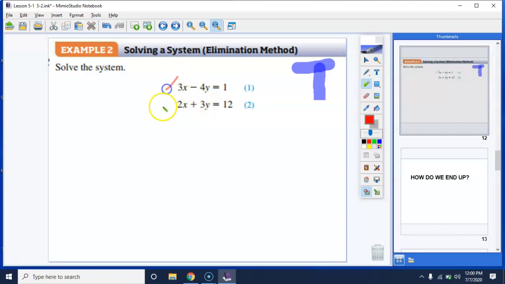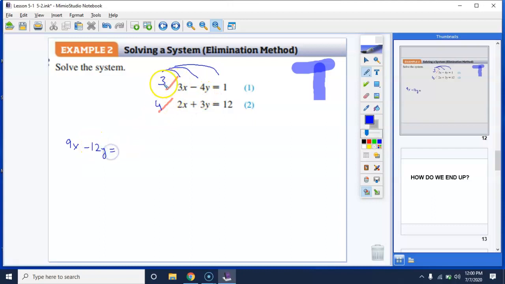Let's multiply both of them by, let's say, 3. This one is multiplied by 4. Thanks to this, I'm going to have negative 12y here, but here I'm going to have positive 12y, and they will cancel each other. So let's do so. Let's multiply this one. Every single term should be times 3. 3 times 3, 9x,